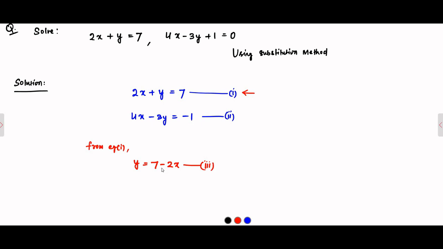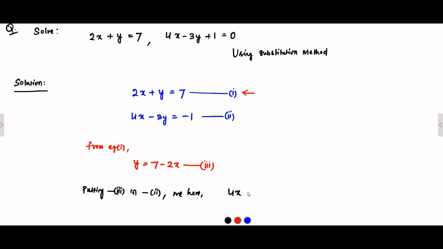Y is equal to 7 minus 2x. Now we will substitute equation 3 in place of y in equation 2. So putting equation 3 in equation 2, we have